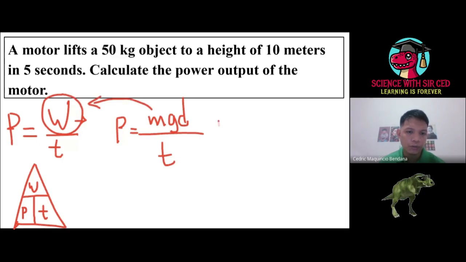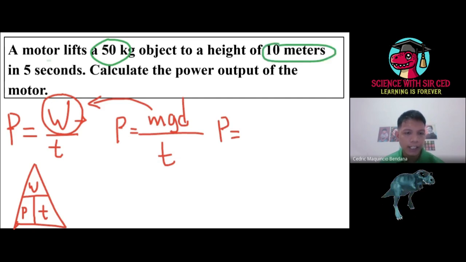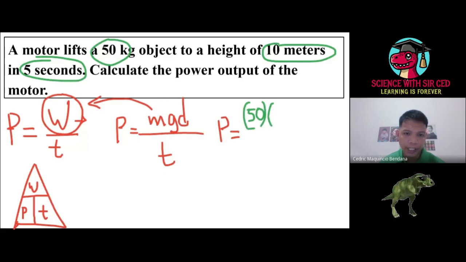Now, let's substitute. In order for us to calculate power, do you have mass? Yes. Do you have gravity? Yes, constant. Do you have displacement? Yes, 10 meters. Do you have time? 5 seconds. Yes, everything is present. Let's substitute. So we have 50 multiplied by gravity, 9.8, multiplied by 10, displacement, divided by